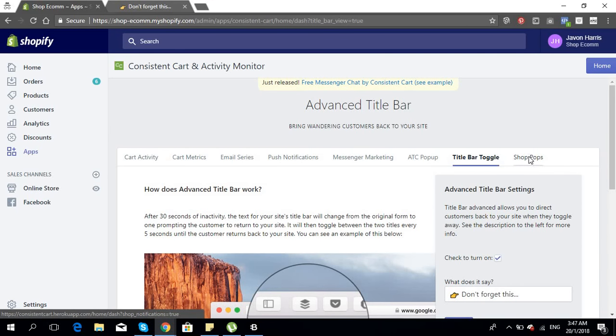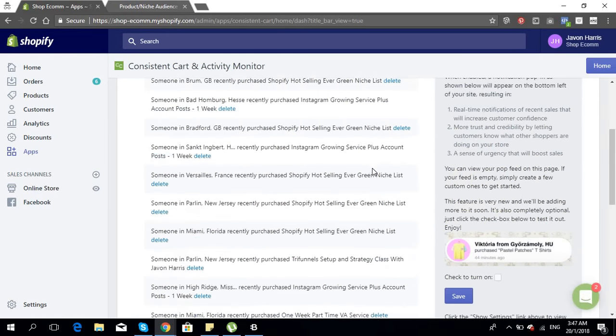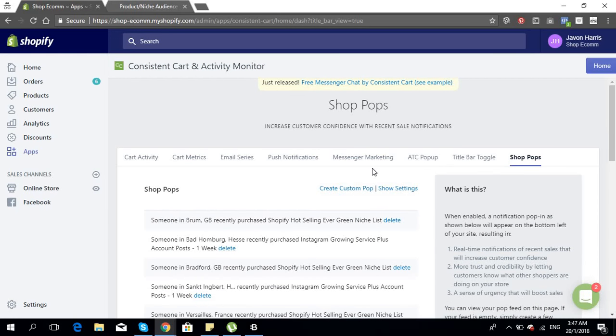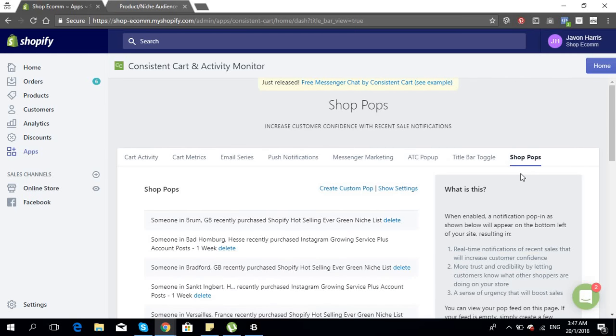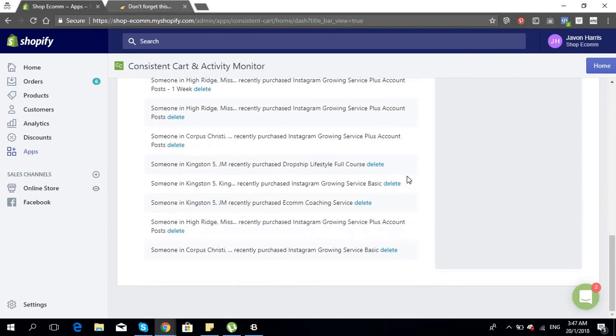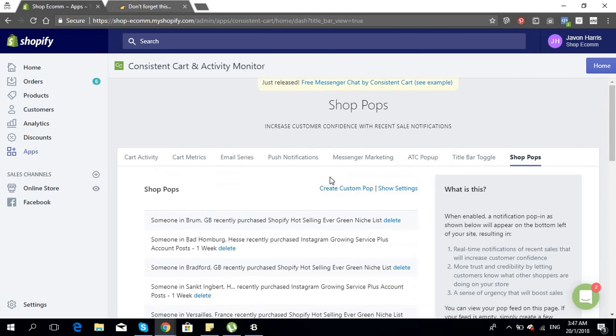Then we have shop pops. This is literally like sales pop. You know that app that they charge you $9.99 for per month, that pops up and says, hey, someone from somewhere recently purchased this? Well, this has that feature as well. It comes with it. So you get the sales pop, the title bar, the add to cart pop-up, the messenger,